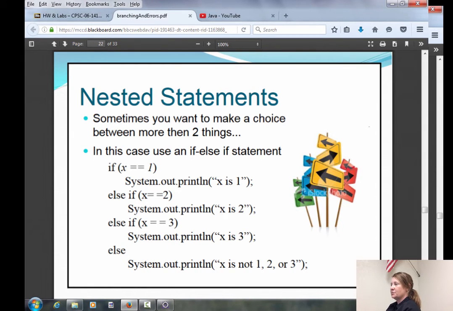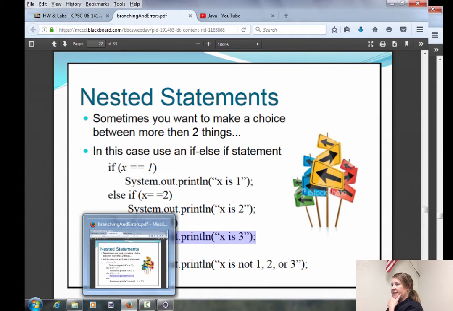So same thing, what if x was 3? It would start up here, check if it's 1, and say false. It would check if it's 2, and say false. When it checked if it was 3, it would say true. It would print this out, and then it would skip the else part.